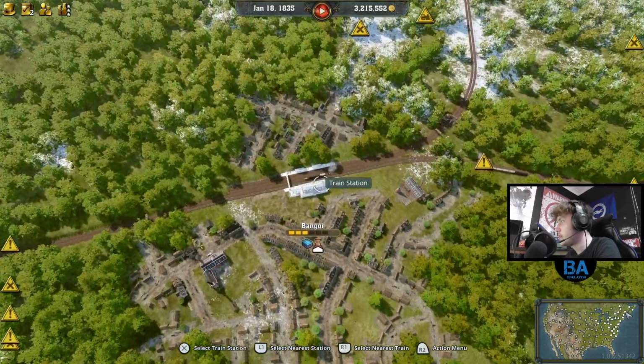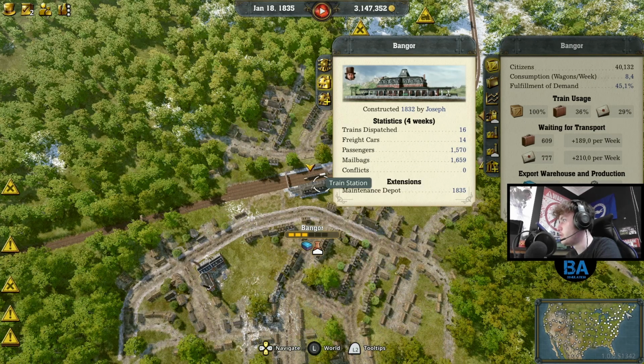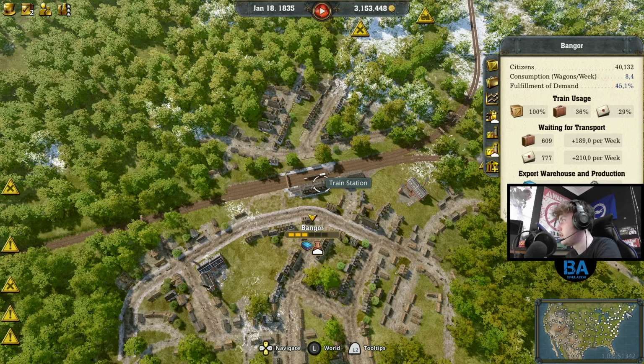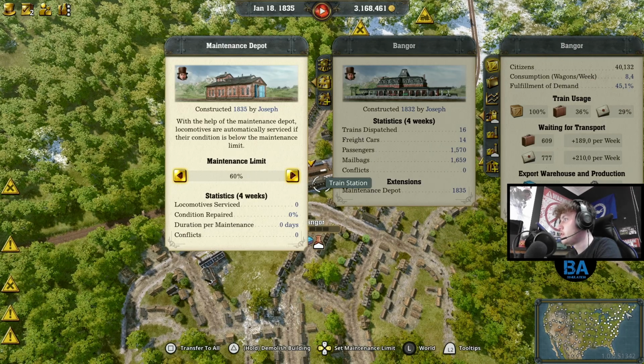Where's the nearest? Let's put in a maintenance shed. We don't actually have anything here at the moment. So if we get a maintenance shed in, click on train station. If the condition is below the maintenance limit, we'll pop it to...